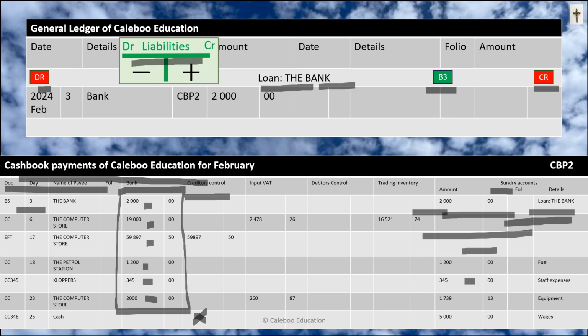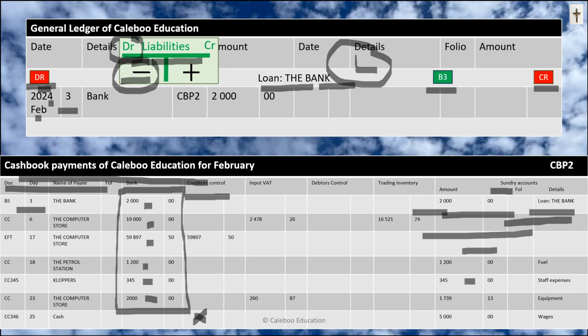Now, what has happened here is a payment, an installment was made, and the loan is going to decrease. And the rule says if the loan decreases, the loan account will be debited because the loan account is a liability. So on the debit side, you're going to have the year, the month, the day the transaction took place,